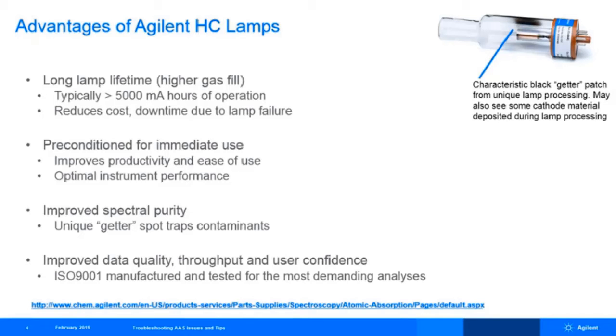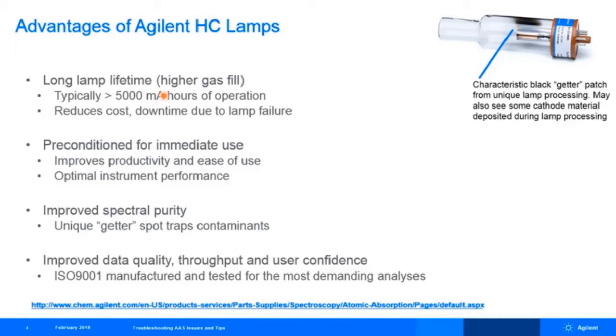Agilent lamps provide many advantages for atomic absorption users. Firstly, they provide the optimum performance. A combination of the proprietary cathode composition and unique lamp processing procedures ensures good intensity, good sensitivity, low noise, and long-term stable operation. In addition, the lamps are also designed to give very long service life.